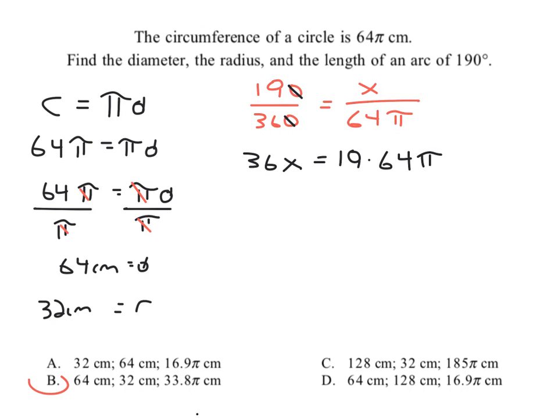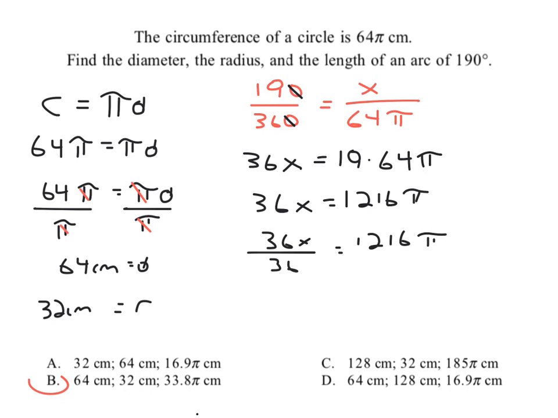And I'm going to get my calculator, hold on. 36x equals 19 times 64, or 1,216 pi. And then if we divide both sides by 36, we get 33.7777 repeating, or rounded is 33.8